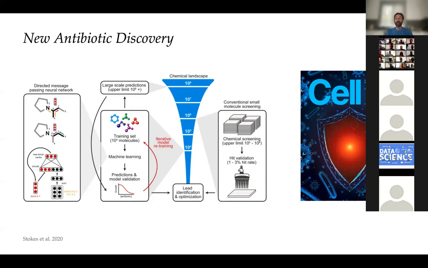So long story short, they were able to discover a molecule that was an experimental drug considered for diabetes, but was found not to be effective against diabetes, but it was found to be effective against different kinds of bacteria that cannot be treated with other antibiotics. And this is just one example. You can do a lot of things. So this virtual screening pipeline, of course, depends on the data on which you train. Here it was trained on data of antibiotic resistance. You can also predict a lot of properties. As far as I know, many pharmaceutical companies are trying to adopt these technologies in their pipelines.